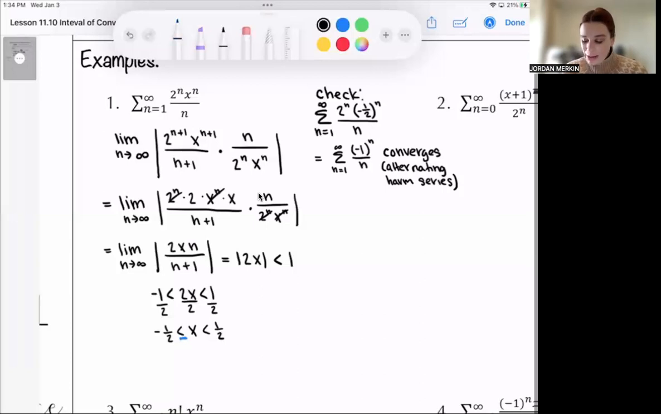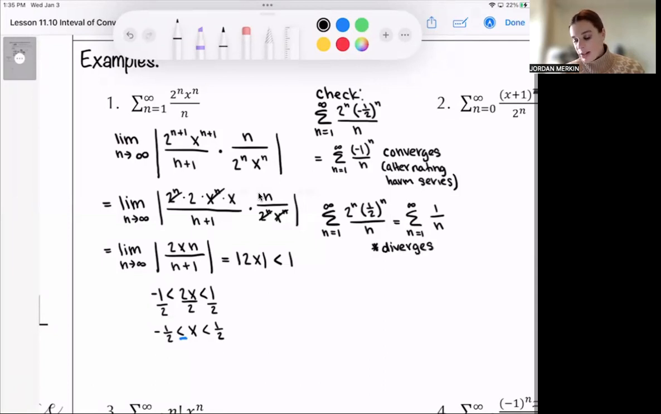Now let's check to see the sum from n equals 1 to infinity of 2 to the n times 1/2 to the nth power over n. Well, when we simplify this, we actually end up with the sum from n equals 1 to infinity of 1 over n. This diverges. Oops. So because this diverges, and it's because it's the harmonic series, we don't want to include 1/2 in